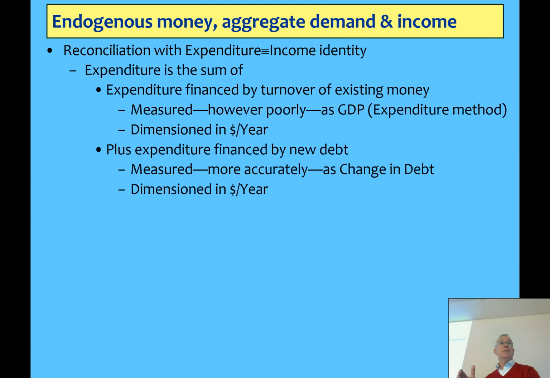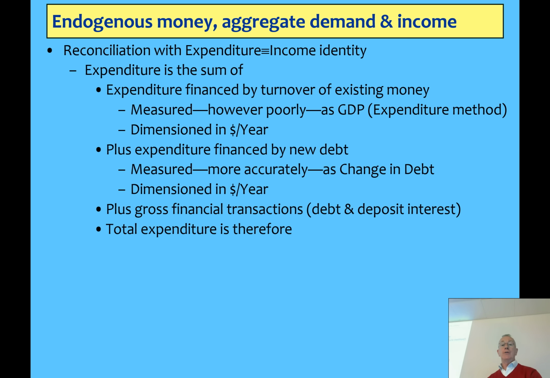It's not as precise as measuring a river's flow with a pump, but you can add the two together and say that's the sum of income and expenditure at the same time. And you've got to include gross financial transactions as well, which is something I didn't realise until I did the analysis. So putting this in the terms economists often use, I'd say aggregate demand is the velocity of existing money multiplied by the amount of money there. That's fundamentally the GDP measure, plus the change in debt, plus interest on money, which is the deposit interest, plus interest on debt. Okay? It's all logically consistent and all derived from expenditure tables.